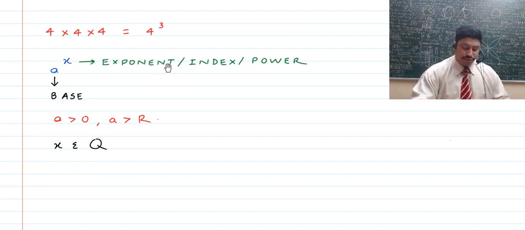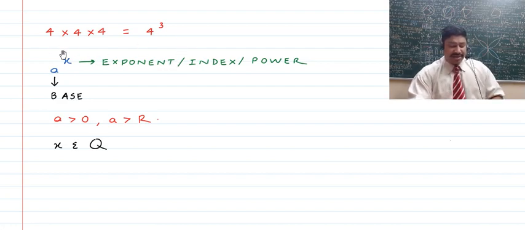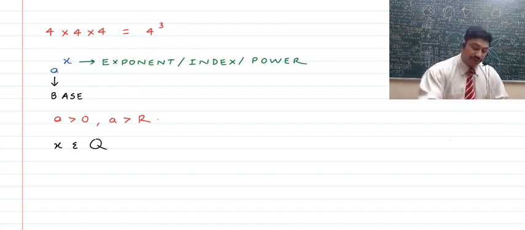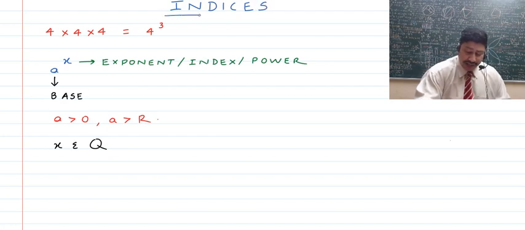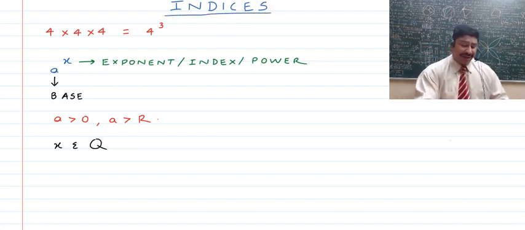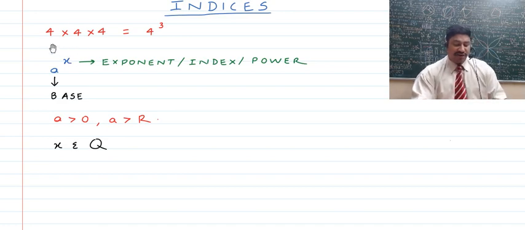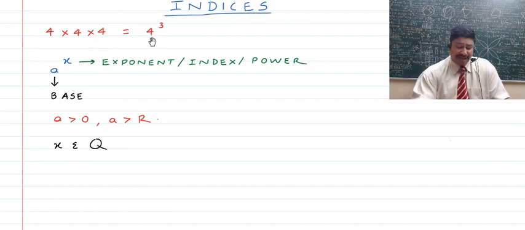So all of this that I told you, I'm going to repeat quickly. When we talk about this chapter, which is known as indices, or also known as exponents, here we will study a number being multiplied to its own self. So if we have a number 4 which is multiplied to its own self 3 times, we can write this as 4 raised to the power 3, where 4 becomes the base, that is the number which is being multiplied to itself, and 3 is known as the index, the exponent or the power, which gives you how many times the number will be multiplied to its own self.